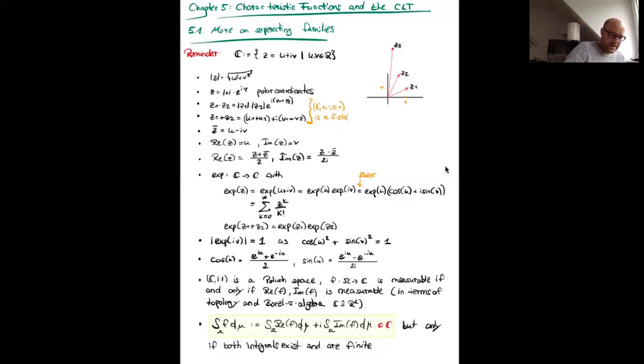Okay, so we need a little bit more on separating families. Recall, a family of functions is separating for a family of measures if the integrals of the measures against those functions determine the measures. So if you have two measures and integrals against these two measures are the same for all functions from that separating family, then the measures are the same. So this was obviously trivial for indicator functions because integrals are just measures. We proved it to be the case for bounded continuous functions and Lipschitz functions, but we still need this for